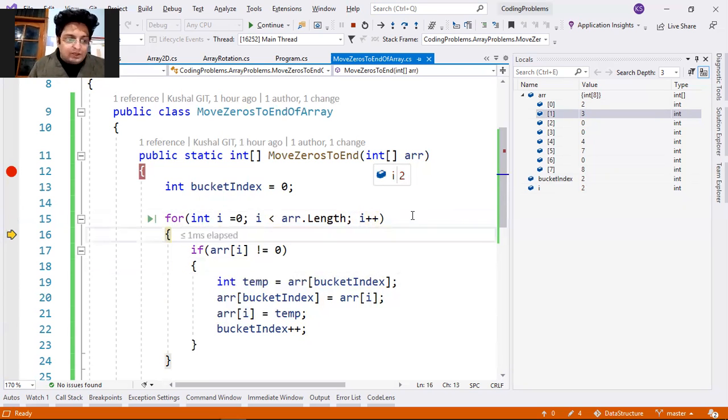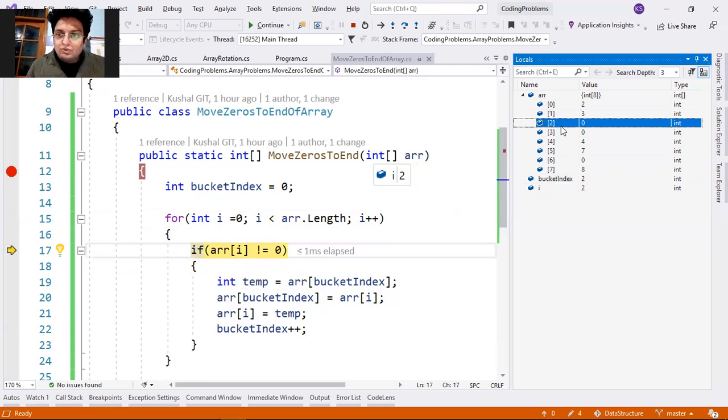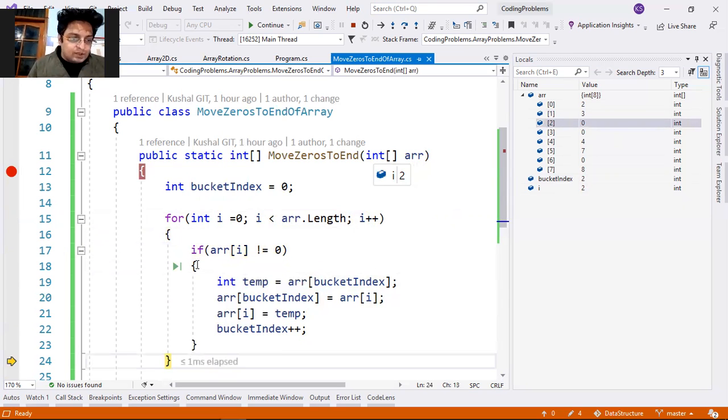Now we have to focus a bit here, because my I is 2. When my I is 2, my value at index 2 is basically 0, and it is not the last number, because if it is a last number, then this is what we want to do. But since it is not a last number, we will not perform anything, it will simply come out.